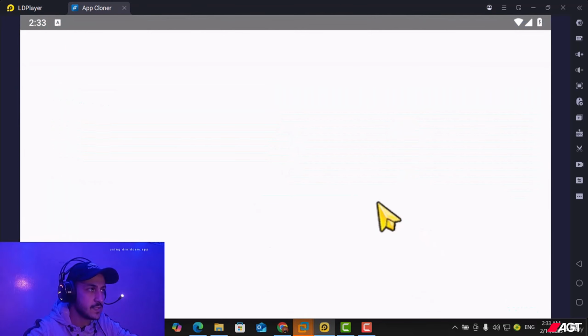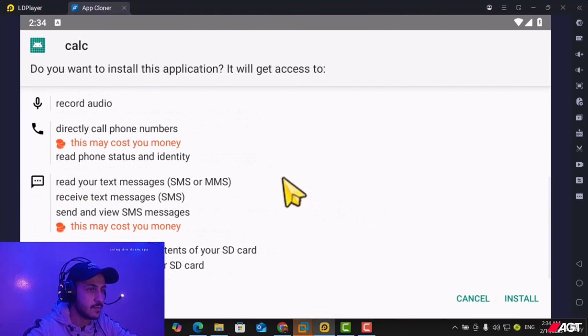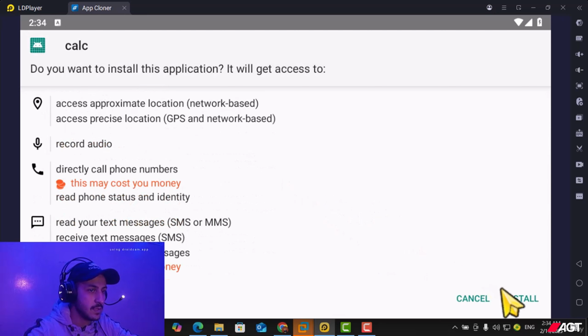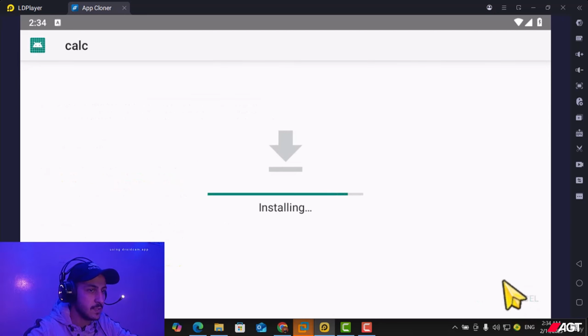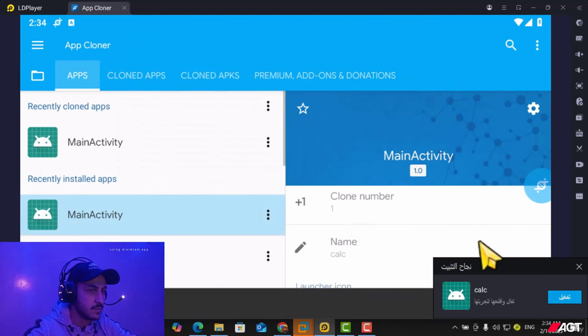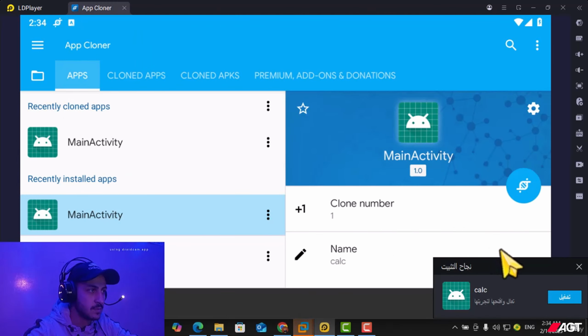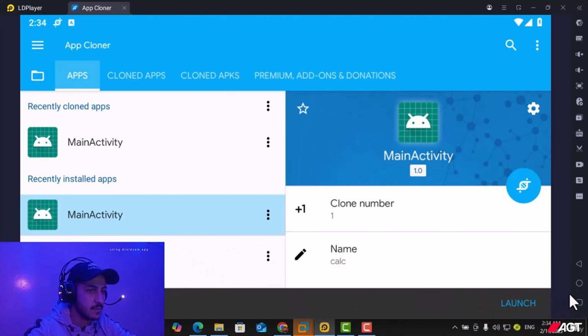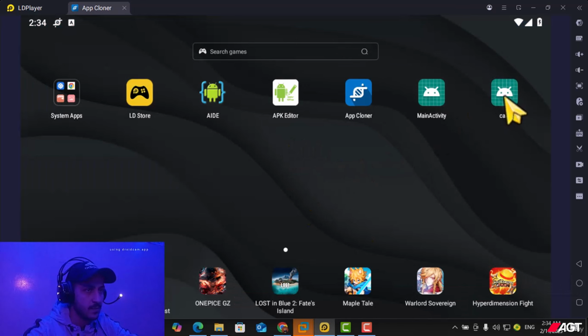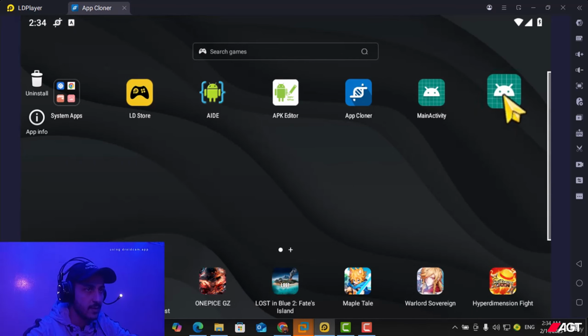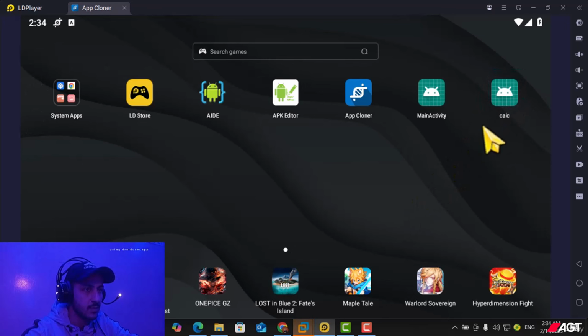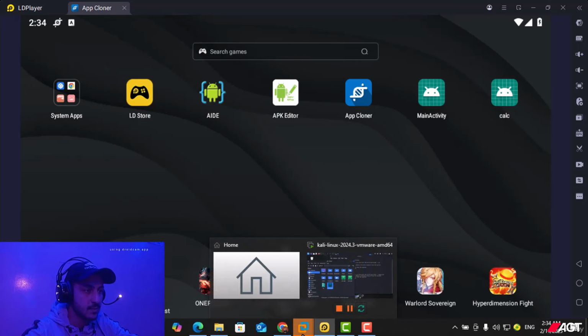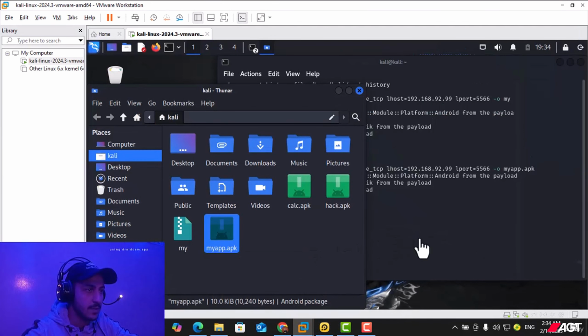Install app, successfully cloned, and install. Successfully installed calc. Back. Here you can find our hacking application. Now we need to test the signal. Back to Kali Linux